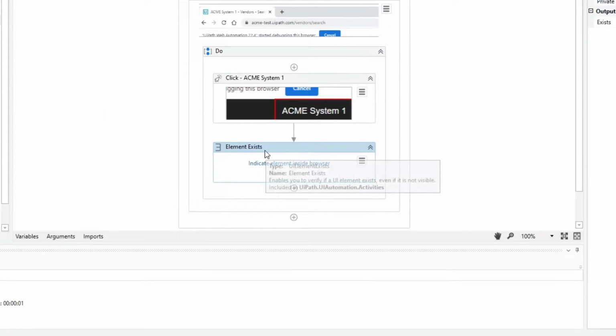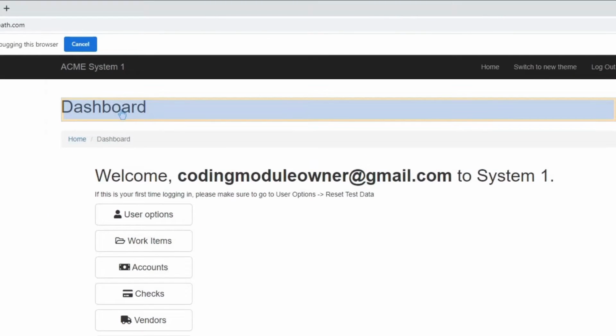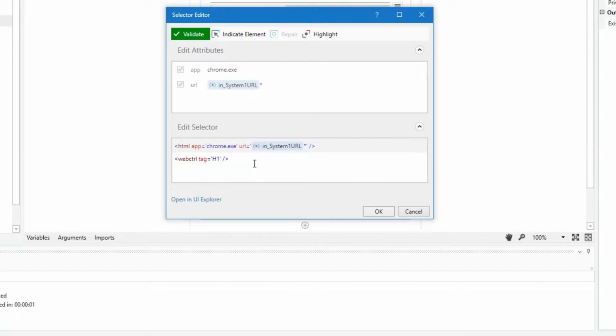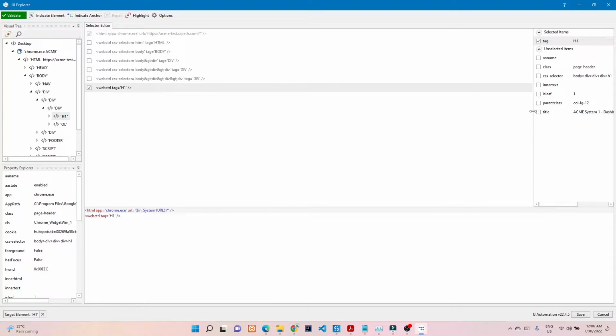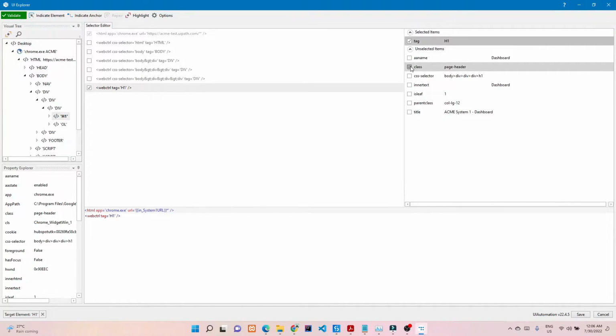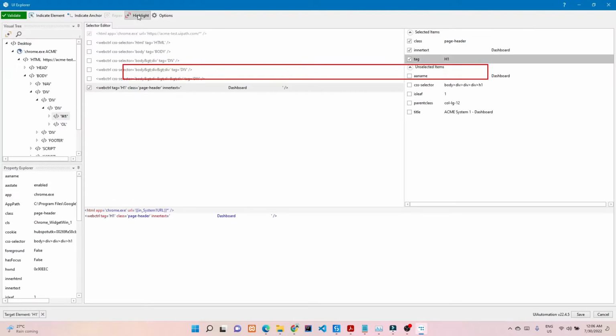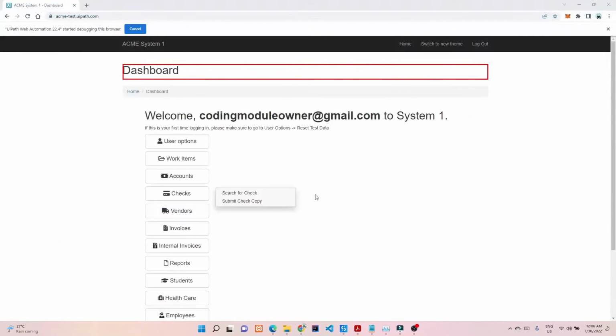So going back to Studio, let's update the label indicating the element we are checking. So I will indicate that dashboard label and then validate the selector. It is too generic, so I will add some attributes, and I will be using the class and the inner text. Validate, highlight as well, and now I will save that